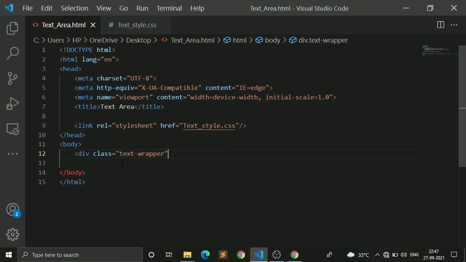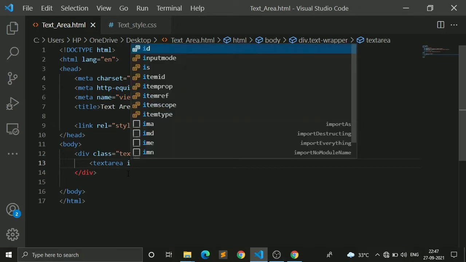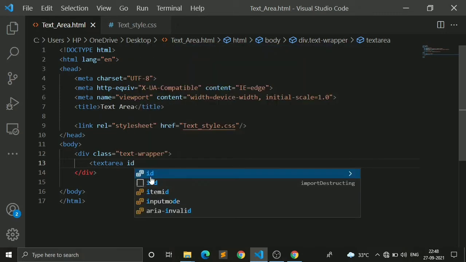and I will close it, and the next one is I will use a tag of textarea which will create a multiple line input control, and so I am using it, textarea, and here I will give an ID for it as text, ID equal to text.